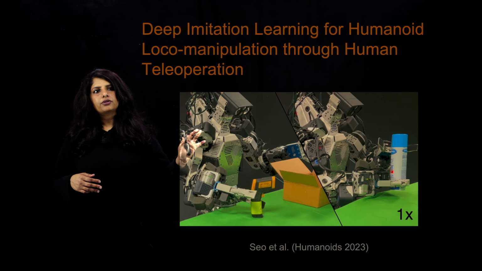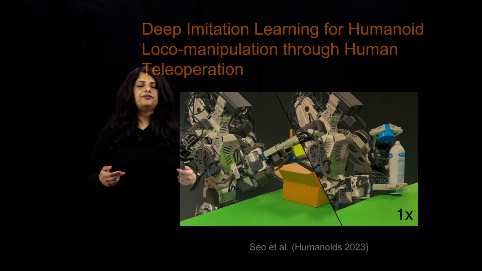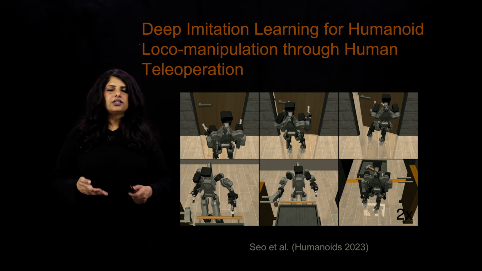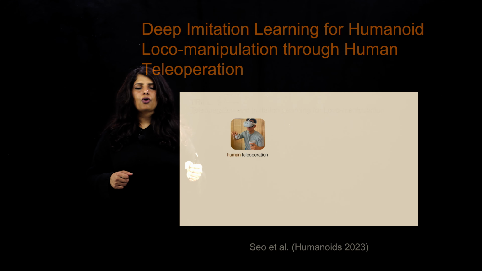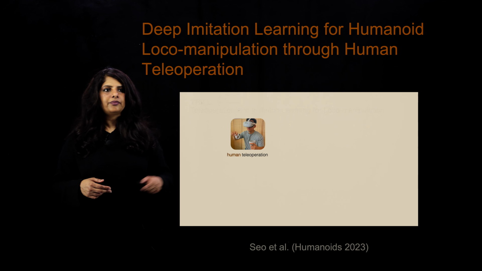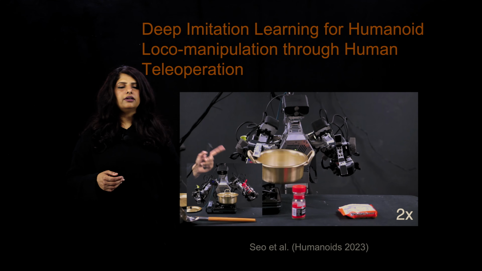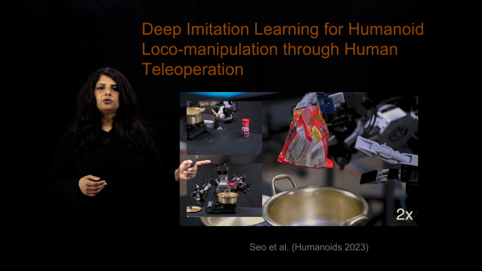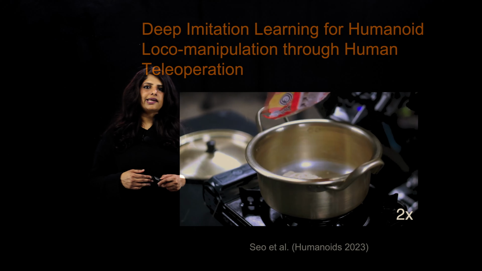If you want to think about the impact of degrees of freedom in training these policies, you can think about the difference between controlling a remote controlled car by making use of a mobile app that just allows us to go forward, back, left, or right, versus making use of a joystick that gives a lot more freedom in how we're able to navigate the vehicle. So to be able to get that information from the VR headsets allows us to learn policies that are as fascinating as we're seeing here in this project. They were able to show that the humanoid can then put together a ramen cooking scenario in this case.